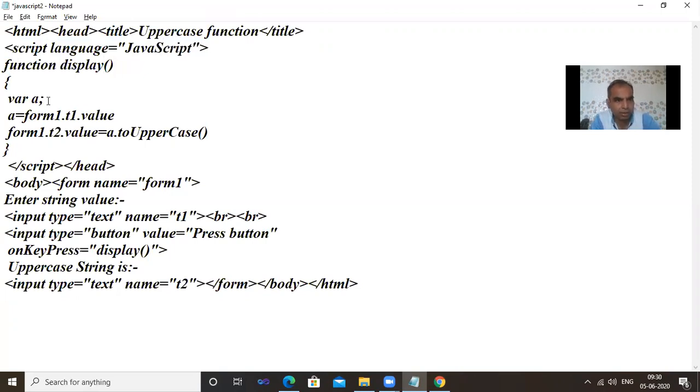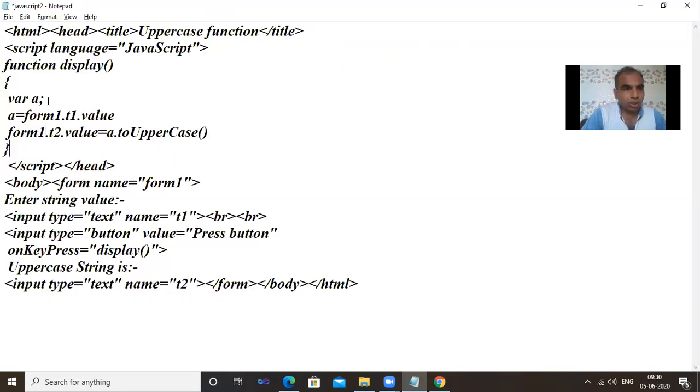They are declaring variable a. They are assigning the value inside a, form1.t1.value, that means form1 text1 value. Then form1.t2.value toUpperCase. So whatever you write in capital or small letters, it just changes to uppercase, the capital letters, and assigns it in text 2.